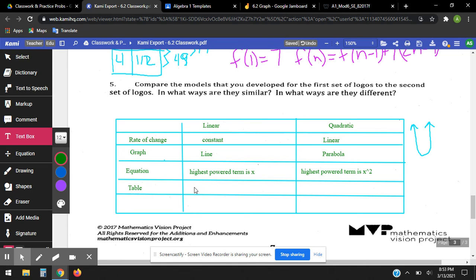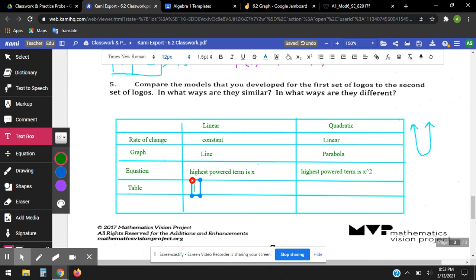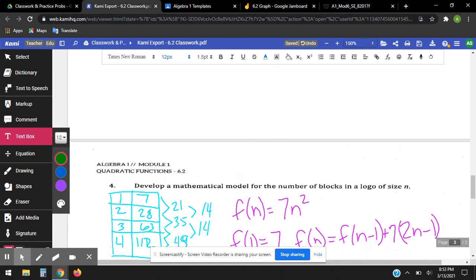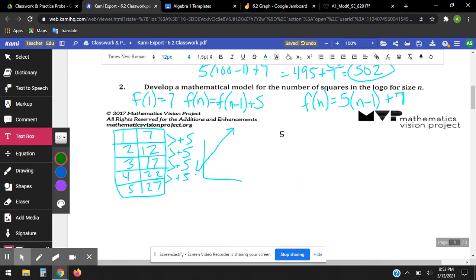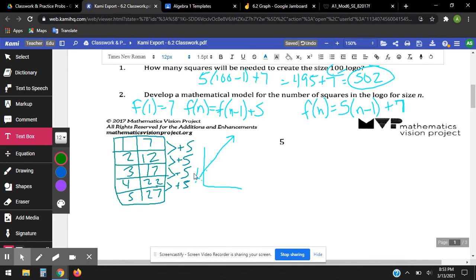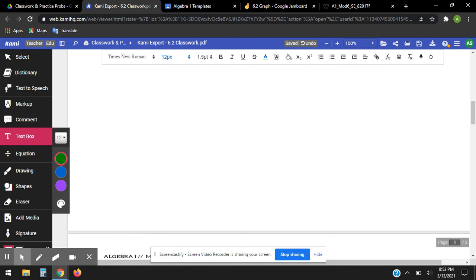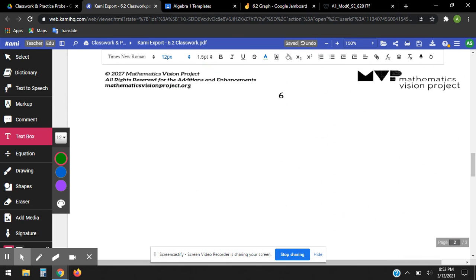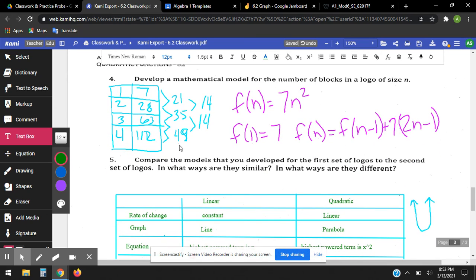Okay, so the table, let's compare their tables. The table, when we were looking through, the first difference is constant. And if we go back up to the top here, here is our first difference, and we already had that common plus 5. Whereas a quadratic, it's not the first one that's the same, it's the second one,